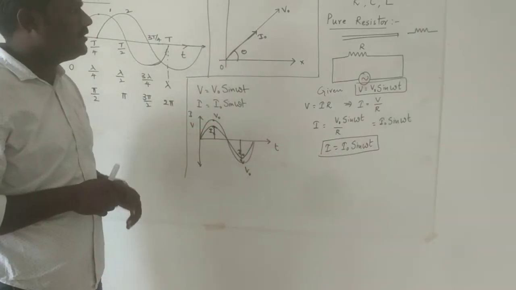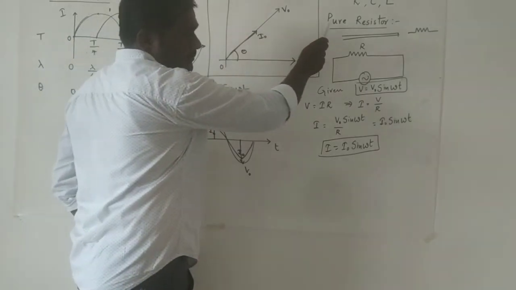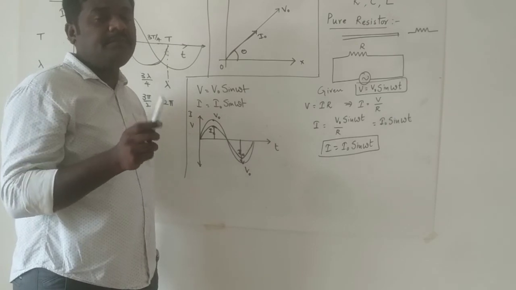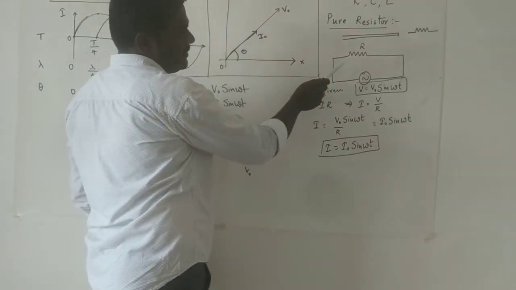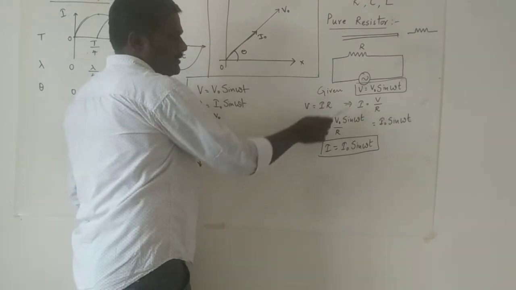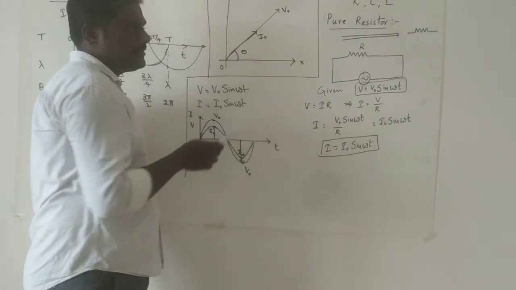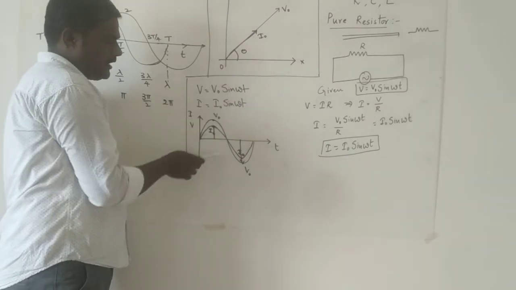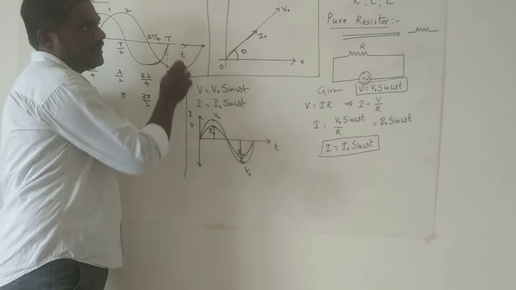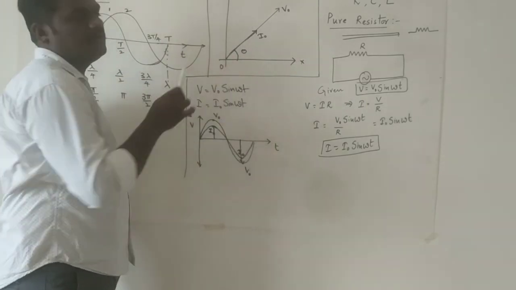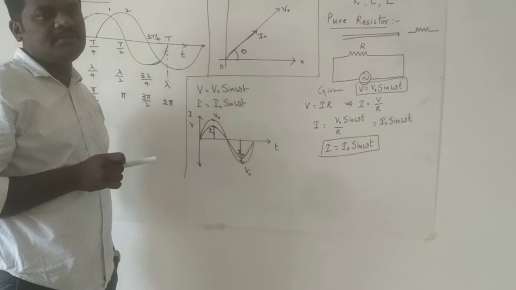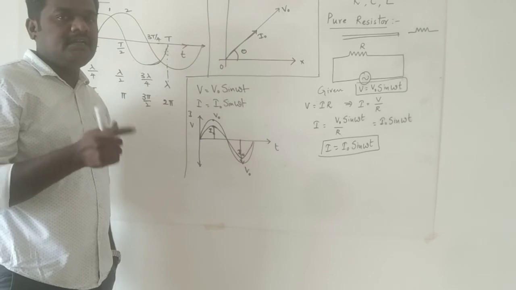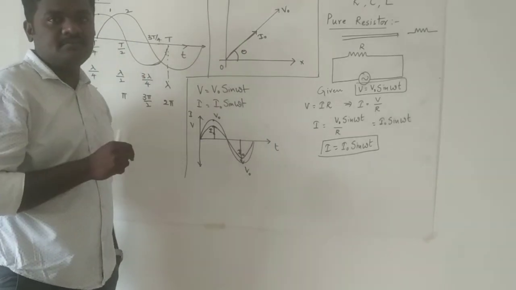Now what is the ultimate conclusion? In a pure resistor circuit, you know what a pure resistor is? Once again, a pure resistor is an AC circuit containing a resistor which is free from induction effects. Such a pure resistor is connected across an AC source. I got the expressions for voltage and current, and both expressions show that there is no phase difference between them. According to that, I have drawn one wave diagram as well as the phasor diagram. So this much of the concept you want to write for the question given in the examination, like: establish the relation between AC voltage and AC current in a pure resistor circuit.